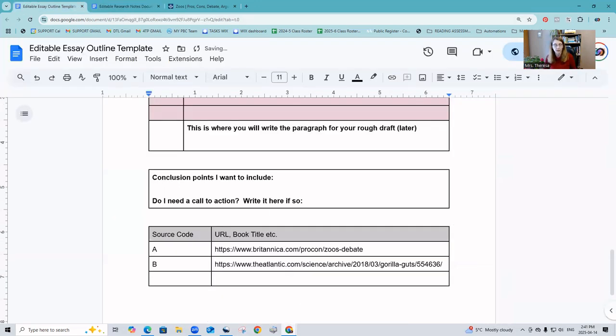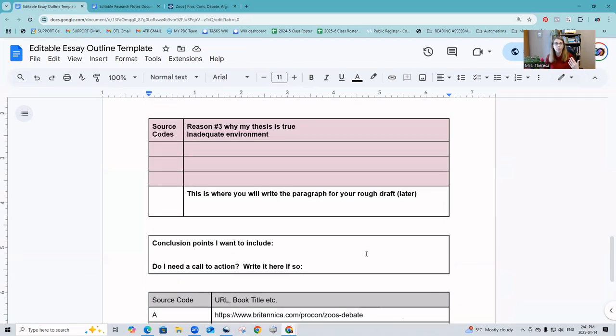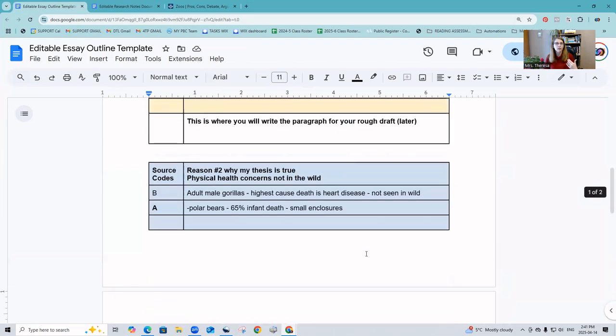There's a very simple reason why we're doing this. First of all, we don't want to go looking on different documents when we're writing our rough draft. When we write our paragraph, every single fact that we put in our paragraph is going to have the source beside it. That's called in-text citations.